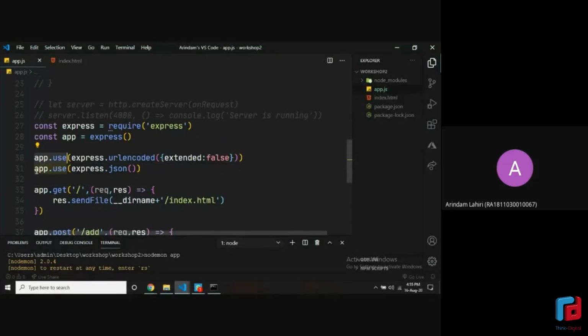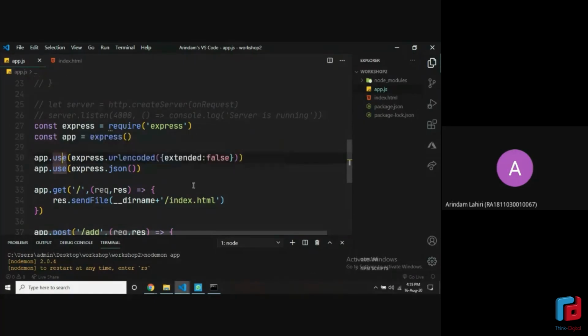app.use is written whenever we want to put a middleware. If you think of the client and server, in their middle comes the middleware. That's why it's named like that. Whenever the client sends something, we are asking it to first run this, because it is inside app.use, which is used for running middlewares.